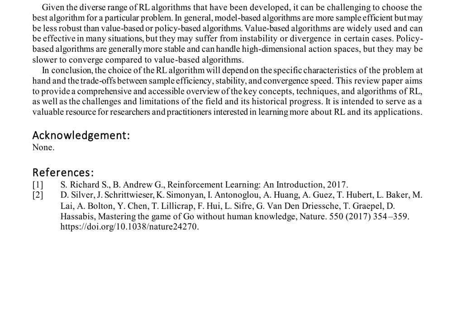In conclusion, the choice of reinforcement learning (RL) algorithm depends on the specific characteristics of the problem at hand and the trade-offs between sample efficiency, stability, and convergence speed. Model-based algorithms are more sample efficient but may be less robust, while value-based algorithms are widely used but may suffer from instability or divergence. Policy-based algorithms are generally more stable but may be slower to converge. This review aims to provide a comprehensive overview of RL, including its key concepts, techniques, and algorithms, as well as